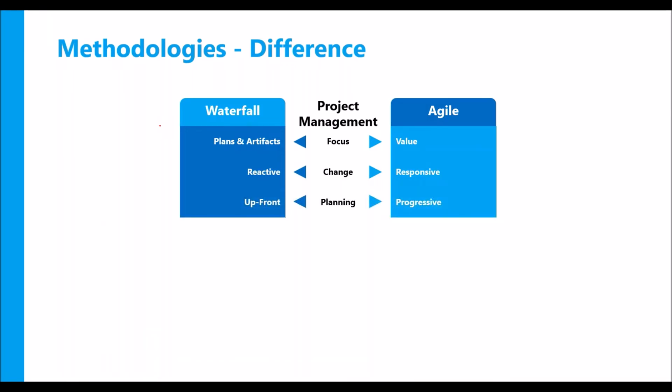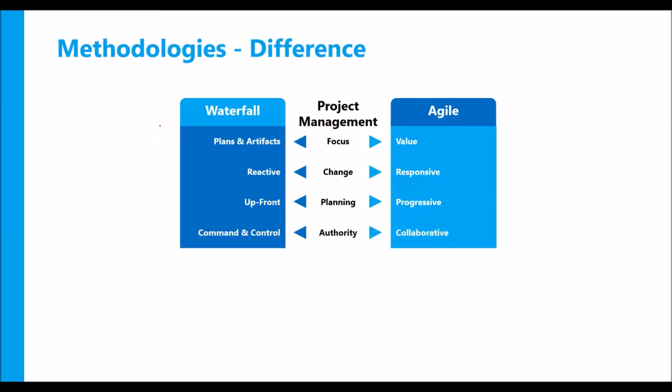And planning in Waterfall is upfront. You take a complete time box for you to plan, and then you freeze the plan, you baseline the plan, and you proceed executing the plan. And as I mentioned earlier, any changes to the plan are minimally encouraged. Whereas in Agile, you do something called rolling wave planning, right? If you look at the previous diagram that I talked about, iteratively delivering value, you have a planning activity as a part of every iteration or sprint. So you repetitively plan, you progressively elaborate, and you deliver iteratively.